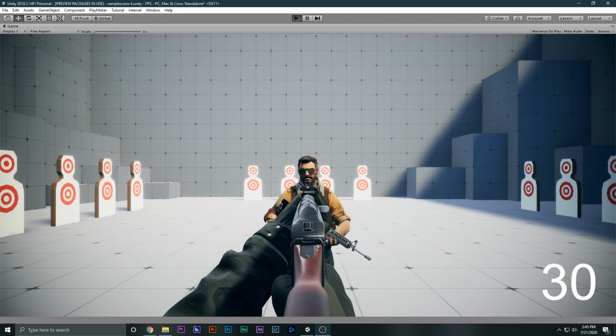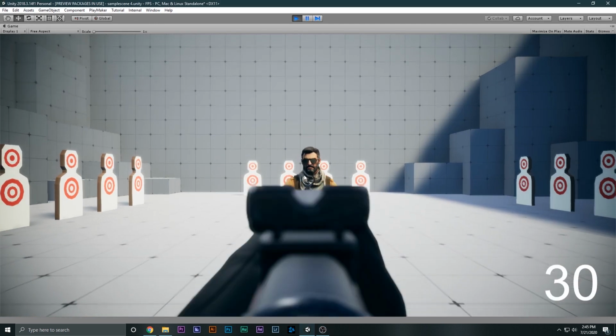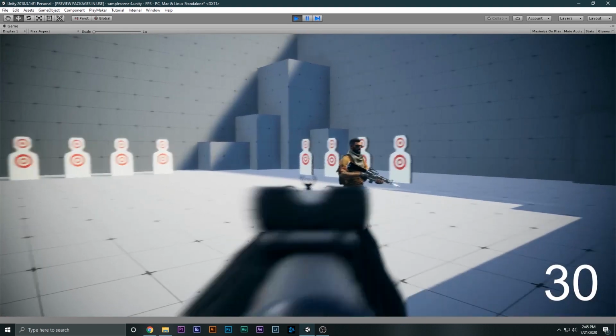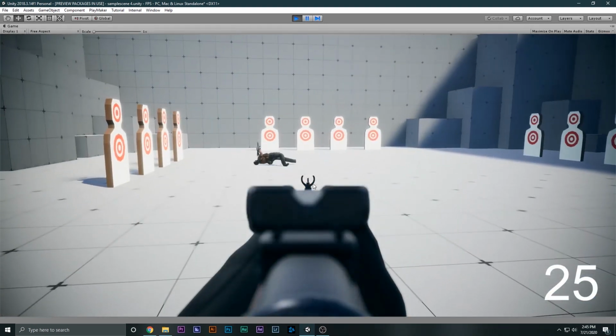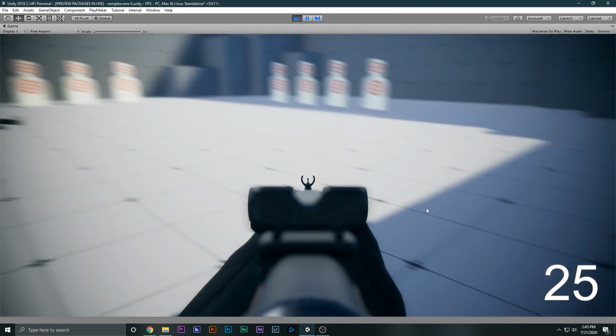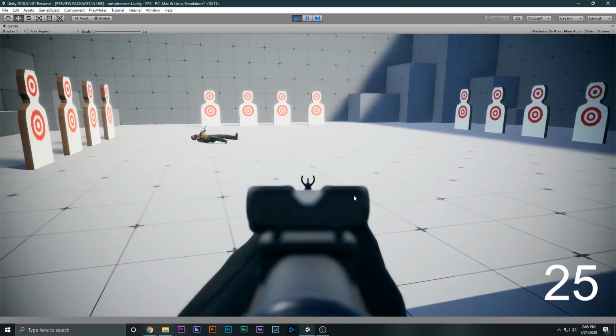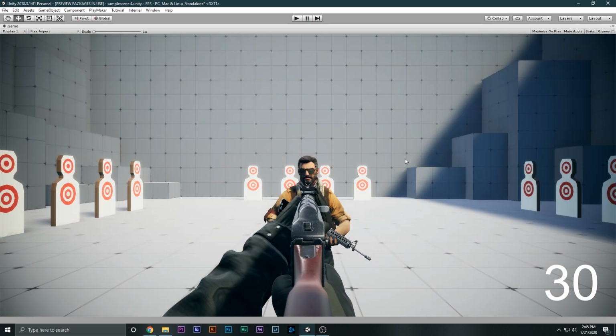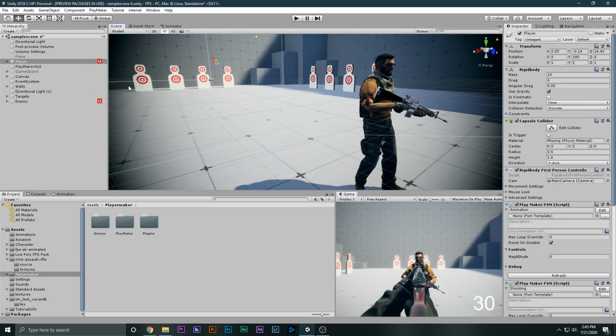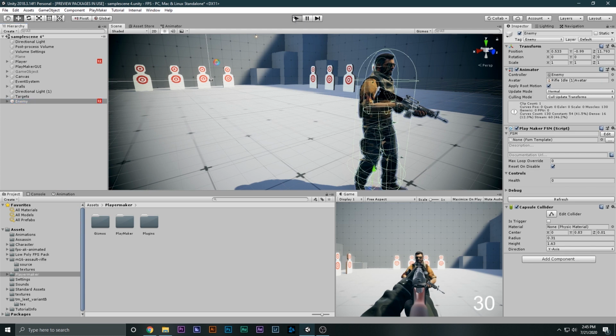He flies really badly, and his arms, look at his arms. He dies really badly. Like, he should die just over here. Why is he dying that badly? Let's just go ahead and see why. Well, this is because of the capsule collider that we just added. If I select the enemy just now and play the game,